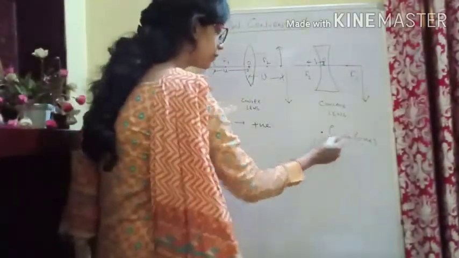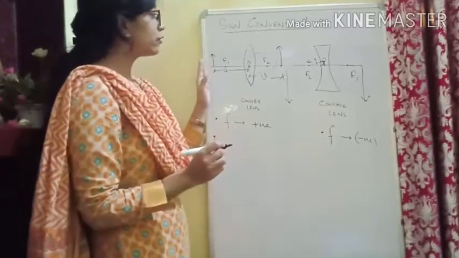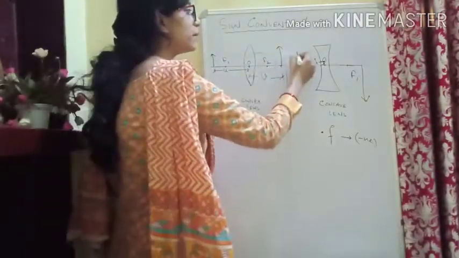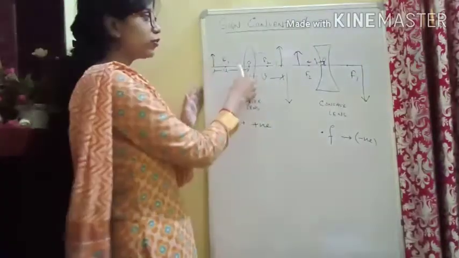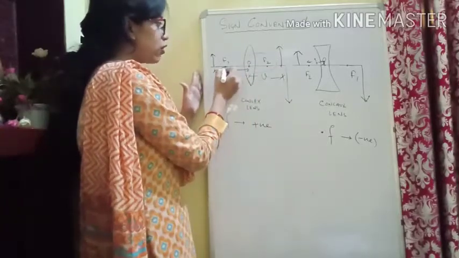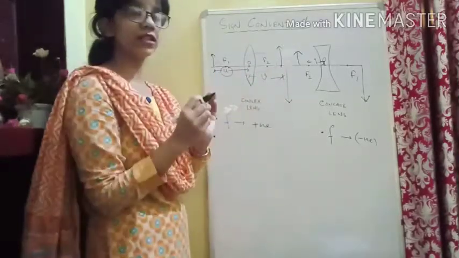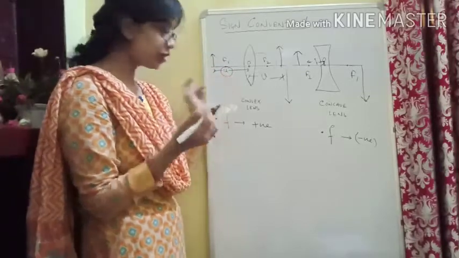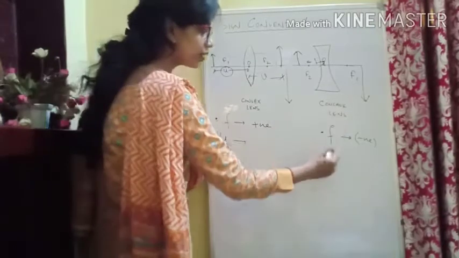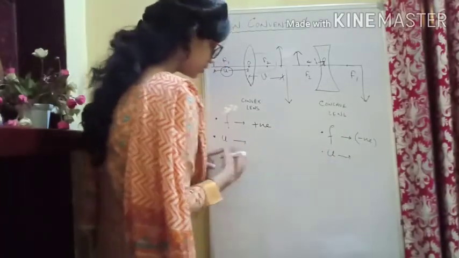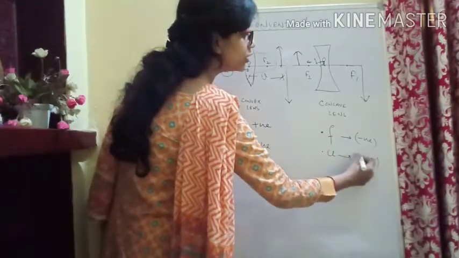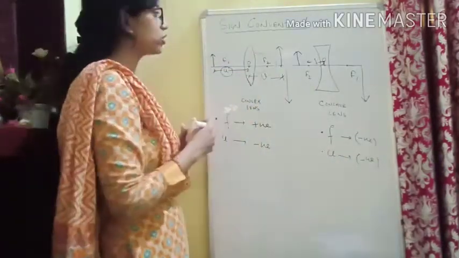Okay. Now second, whether in case of convex lens or in case of concave lens, we place the object on the left hand side from the optical center. If it is on the left hand side, that means the distance of the object, which is u, will always be taken negative. Okay, so in case of convex lens or concave lens, this u will always be taken as negative, as it is on the left hand side. We always place the object on the left hand side.